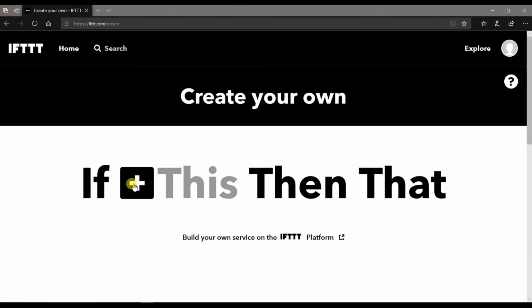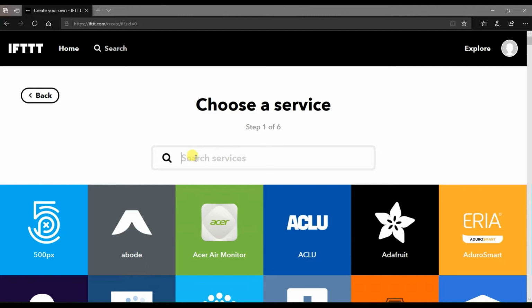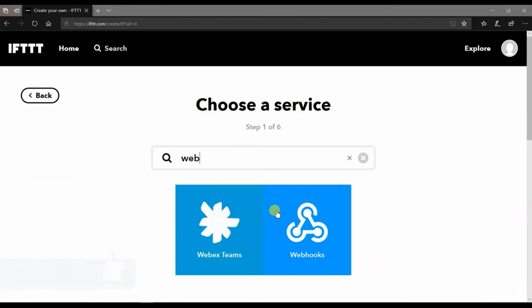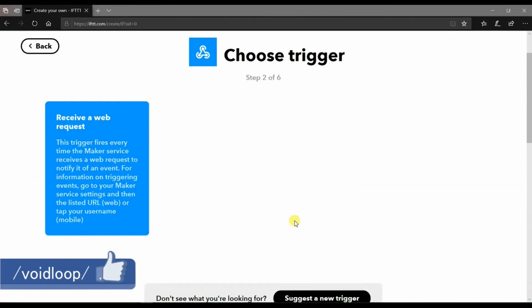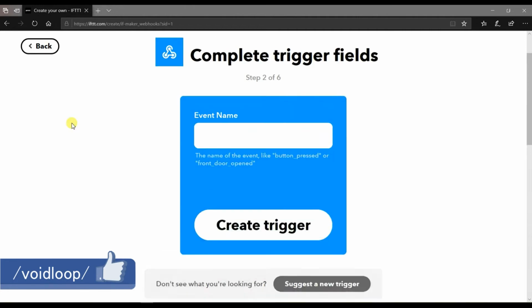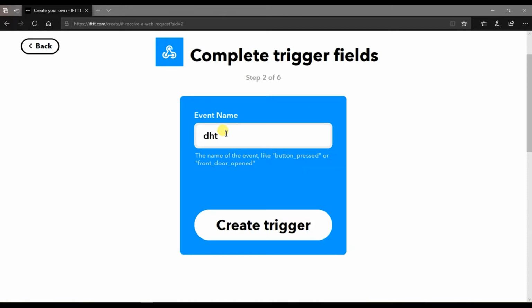I will create an if. I will search here webhooks. Click on this. Create event name DHT11.